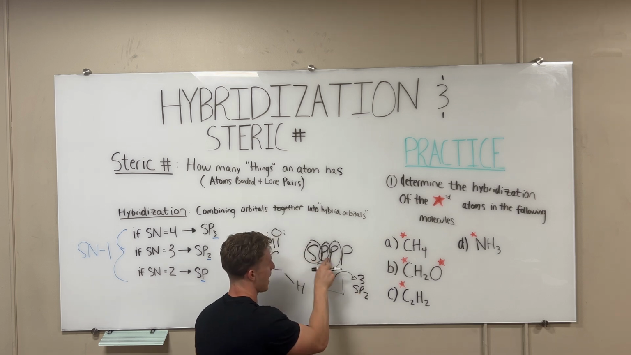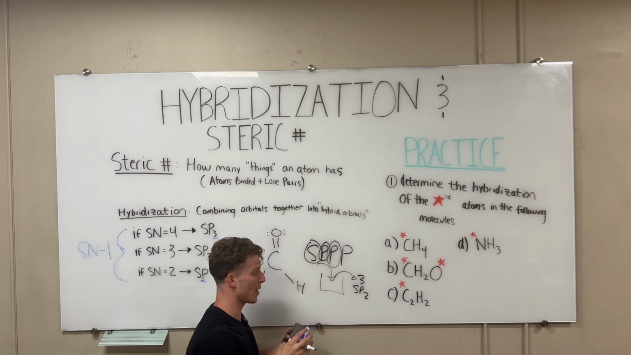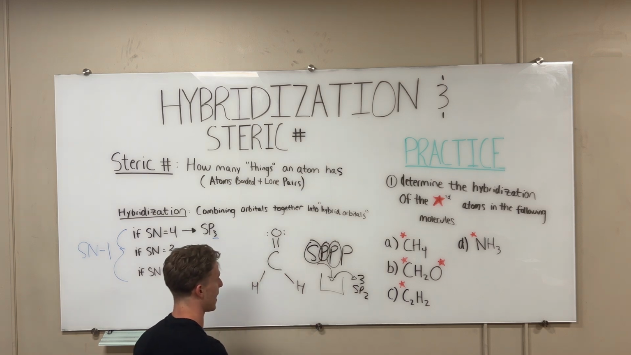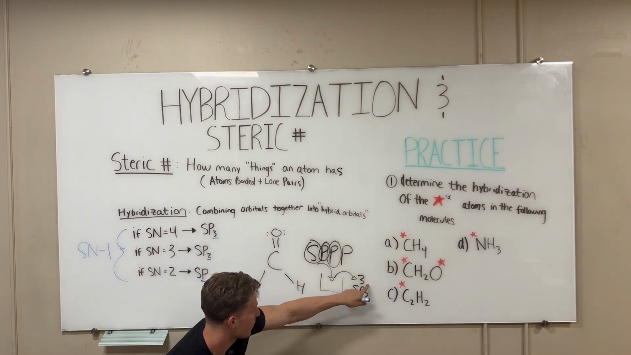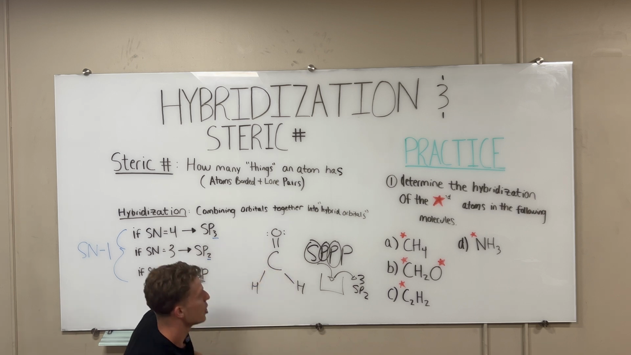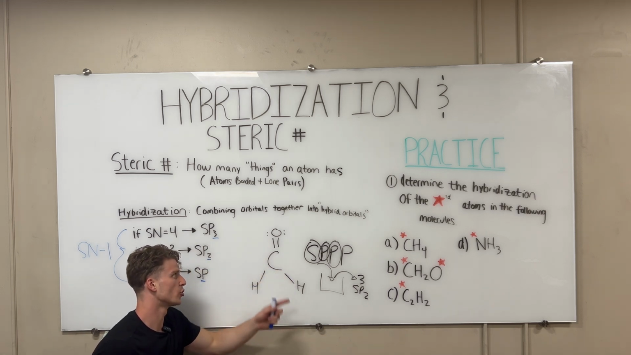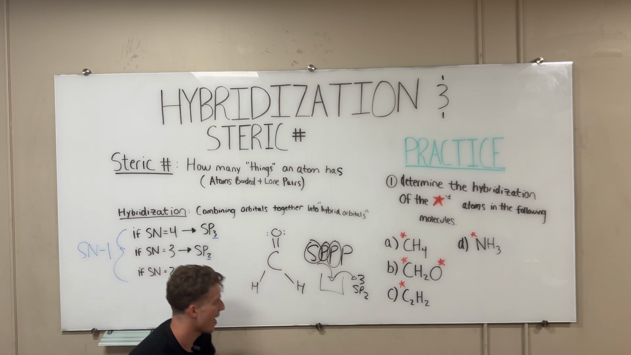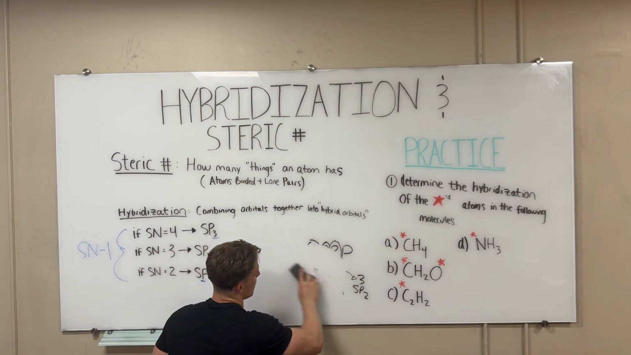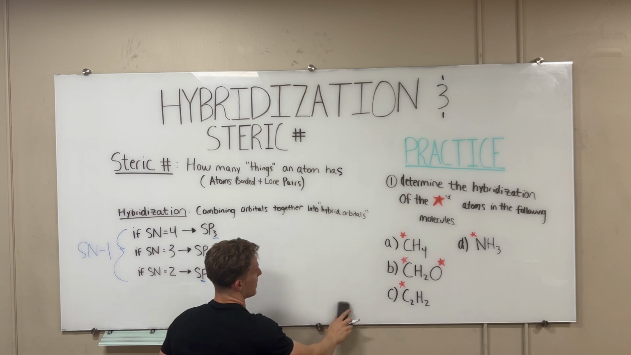sp2, 1 s and 2 p orbitals, 3 sp2 hybrid orbitals. And that's going to be perfect. If we have 3 of these orbitals, we can put 1 here, and 1 here to overlap with the orbitals of hydrogen and oxygen, and there we go. We have sp2. So, now that we've gone through hybridization and steric number,